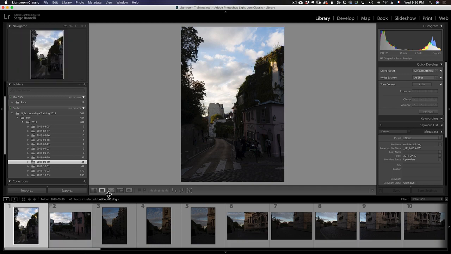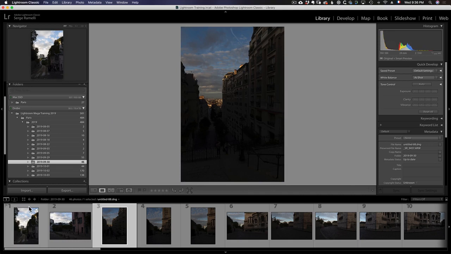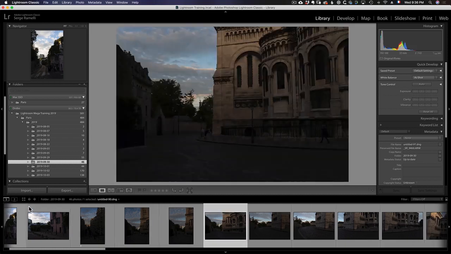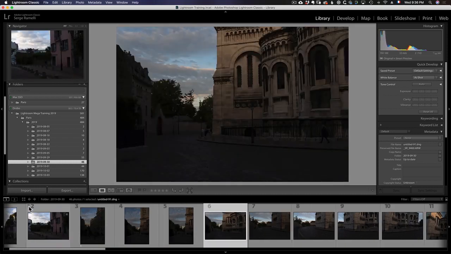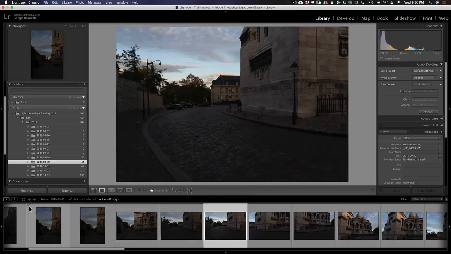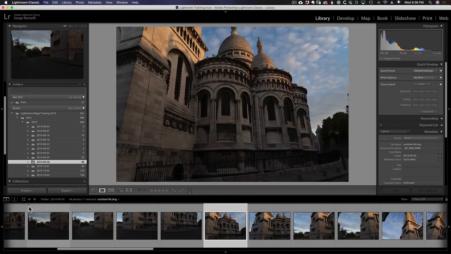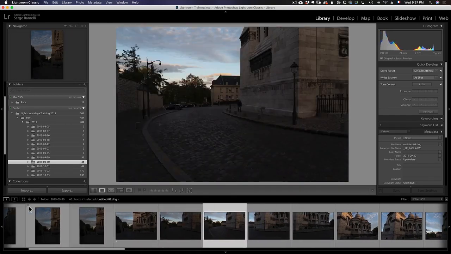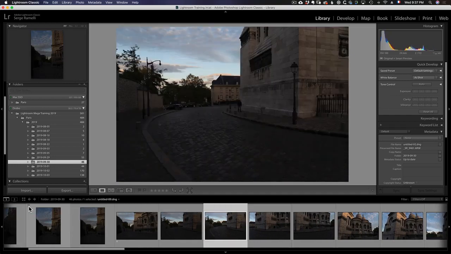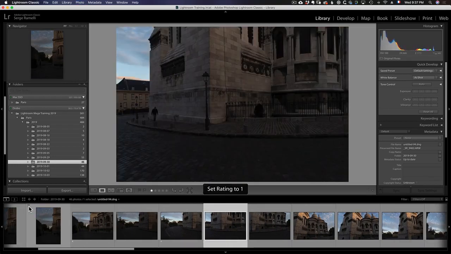So for example, let me give you an actual example to understand. I'm going through this photo shoot I did in Montmartre, and I assume that there is a photo that I like. I'm going to give it a 1 star. This is actually kind of cool. 1 star. This could be a great pano, so I'm going to give it a 1 star, 1 star, 1 star,